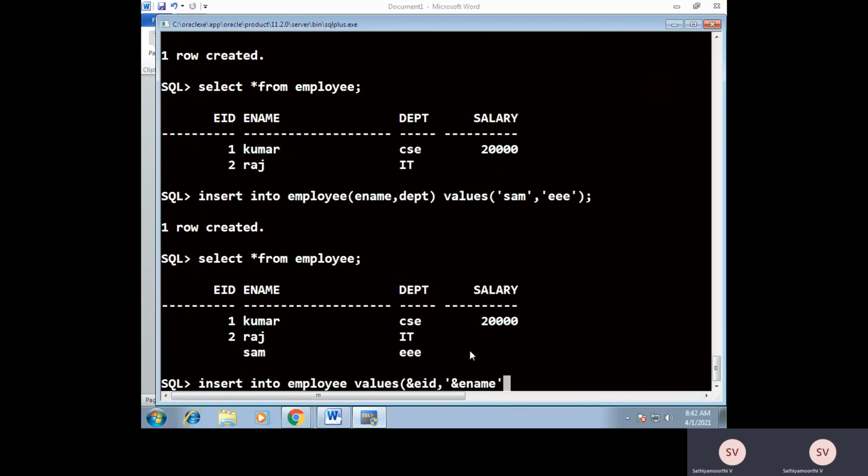Next we have the department name. That is also varchar type. So ampersand of department, comma, what is the fourth attribute? Salary. It's a numerical data type, so there's no need to use single quotes. So we have ampersand of salary.